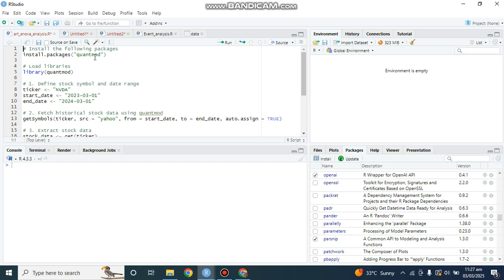Channel. In today's tutorial, I'll be showing you how to import stock market data into R using the quantmod package. By the end of this video, you will be able to fetch real-time stock data and save the data for